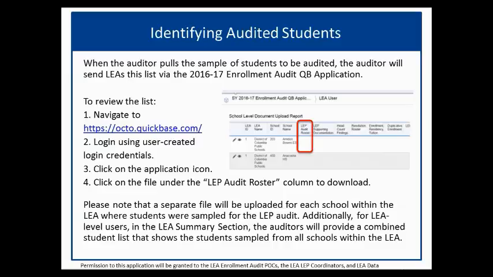Okay. This year we are using the Enrollment Audit QuickBase application for the auditors to transfer the student list of students sampled as LEP to the LEAs, and for the LEAs to upload the supporting documentation. So the way that you will identify the list of students who were sampled and whose documentation you need to submit